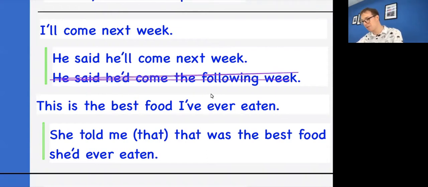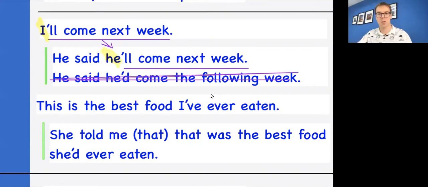Often what we do as native speakers is we just say, he said he'll come next week. He said, I'll come next week. He said he'll come next week. I only changed, what did I change? I only changed my pronoun. That's the only thing I changed, because I know that it's something that is true now, right? It hasn't changed, right? This is something you said to me recently. So I really don't have to do all that extra work that you guys have studied in your intermediate or pre-level class, right?